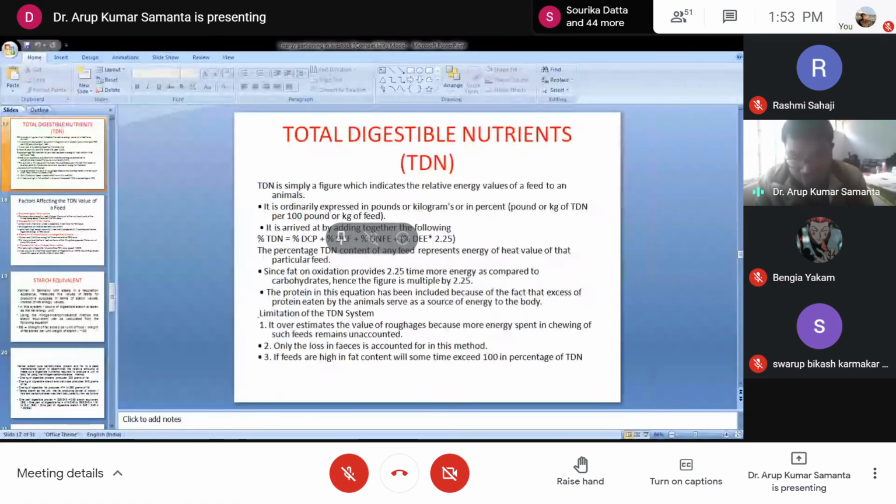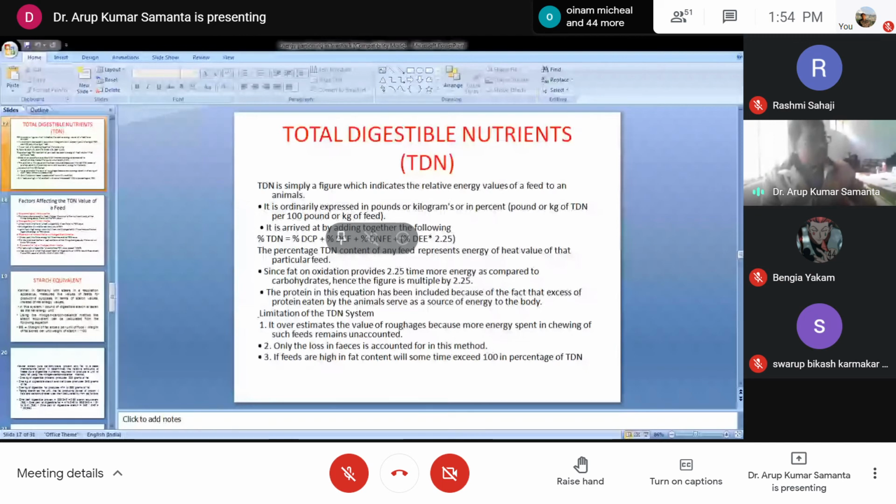CF is insoluble carbohydrate, but NFE is the soluble carbohydrate which is generally digested by the non-ruminant species, including human beings. So if we are taking much more quantity of fiber-rich foodstuff, we won't utilize it because we do not have the sufficient quantity of enzymes to digest that one. But when we are taking chapati, when we are taking rice, it is full of starch. That starch is coming under the NFE category. So NFE and crude fiber both are the components of carbohydrate. So here what you have to do,